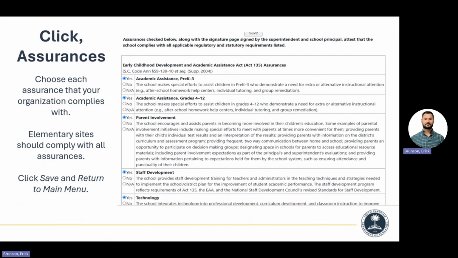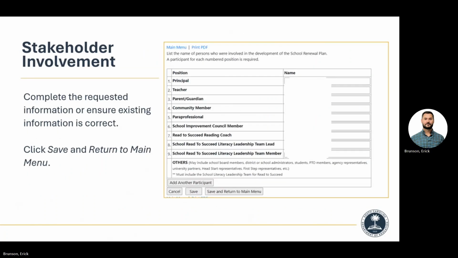Middle and high, there are some that don't. And it specifically says within these sections the age that they're targeting, so forth and so on. So make sure that you are not just clicking because you're supposed to click, but kind of read through it and see what is actually there. And by the same token, we do expect you to implement them at your particular site.